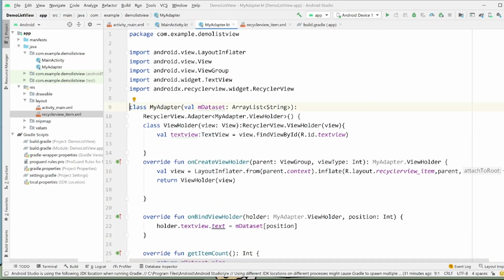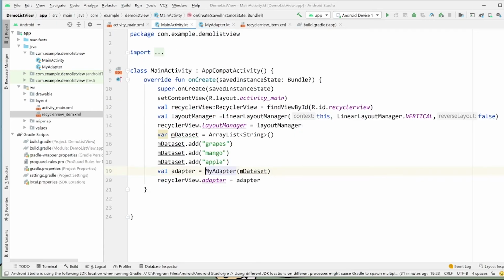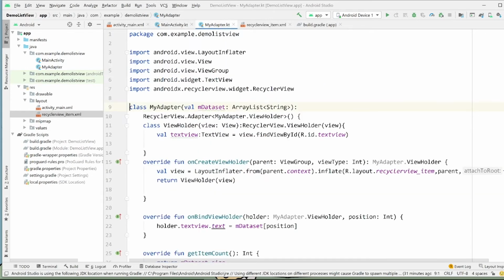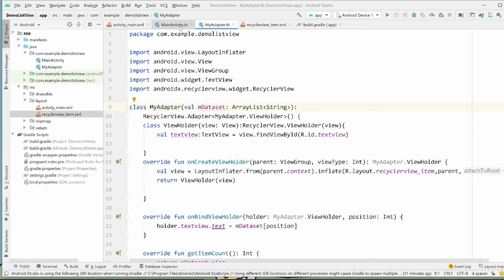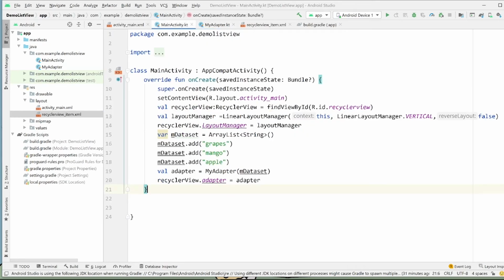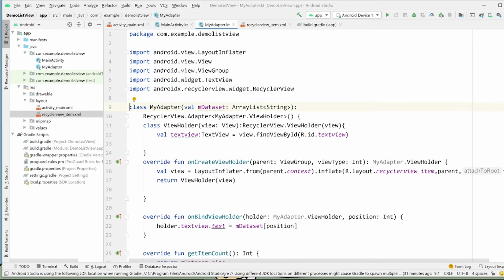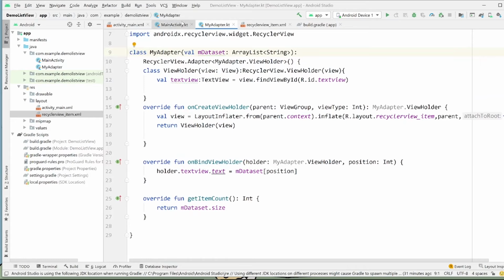It's not supposed to be private. It was private because Android Studio defaults to wanting me to write all of those adapters inside the same file, like an inner class. But I think it's a better coding style to start a whole new file for this. So this is how to create a simple recycler view.